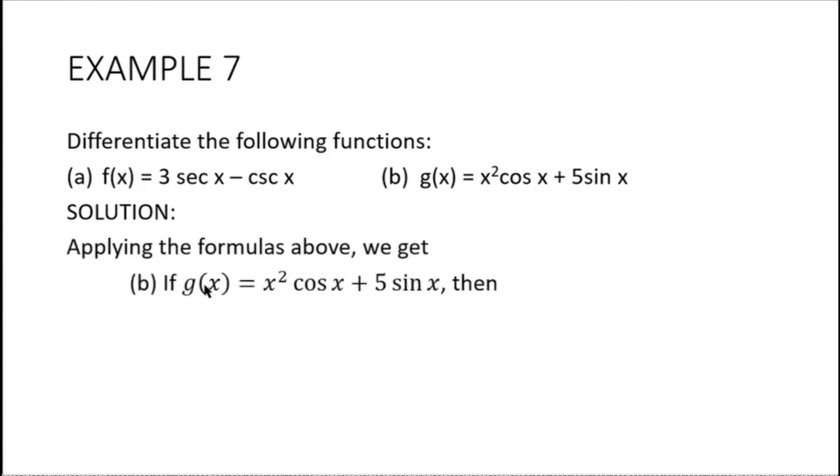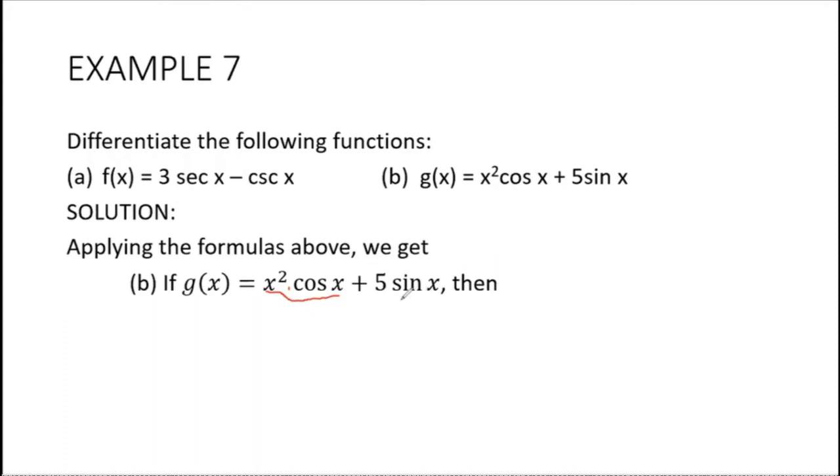So, we have the given function g of x equals x squared cosine x plus 5 sine x. Then you will notice that our first term is a product of x squared and cosine x, and the second term has a constant 5. So, for our first term, we can apply the product rule, because it is a product. And for 5 sine x, the